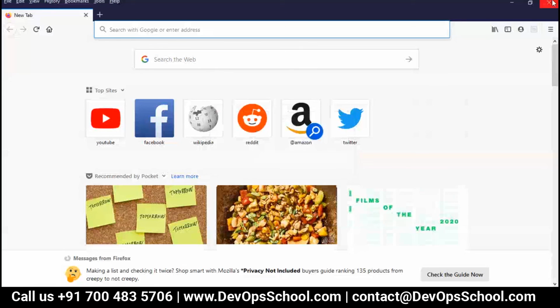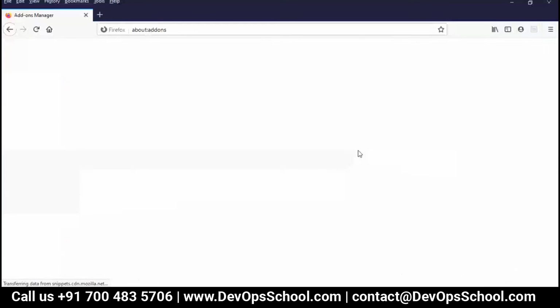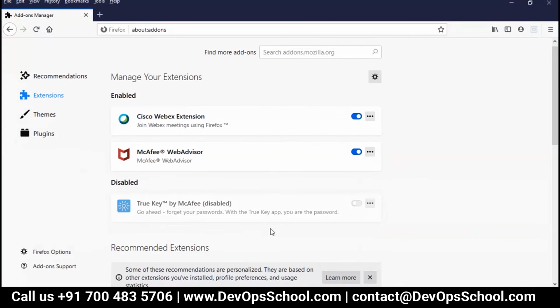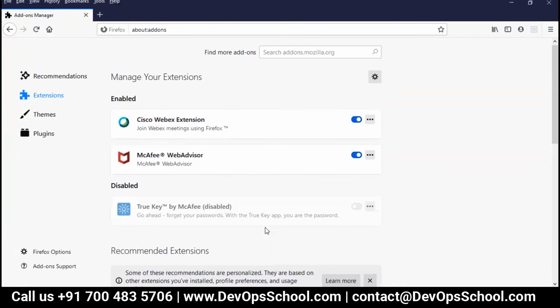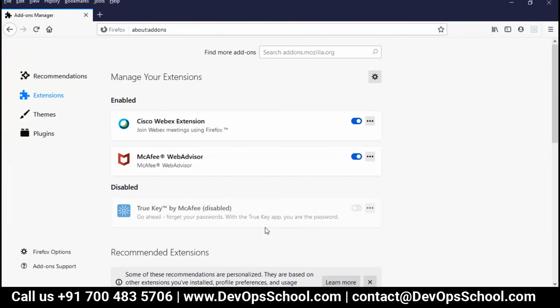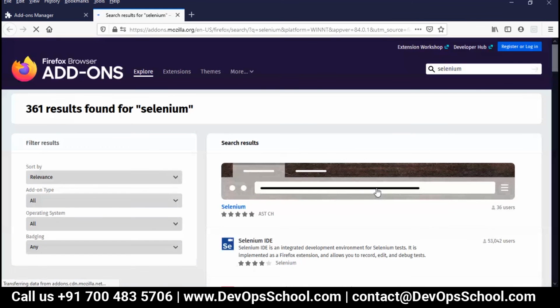Let's not use password right now. So here, add-ons. Guys, I had installed this IDE in the Firefox, right? Everyone? Yeah. Suddenly it got disappeared. I'm surprised actually.